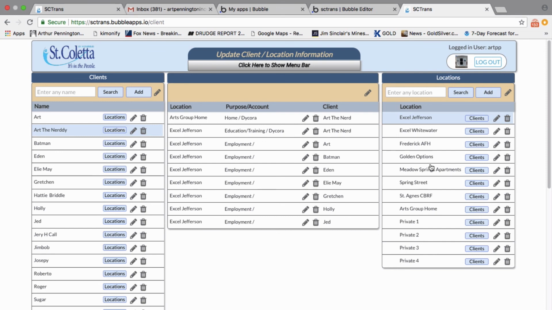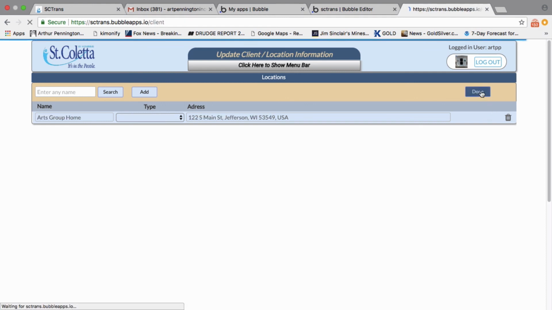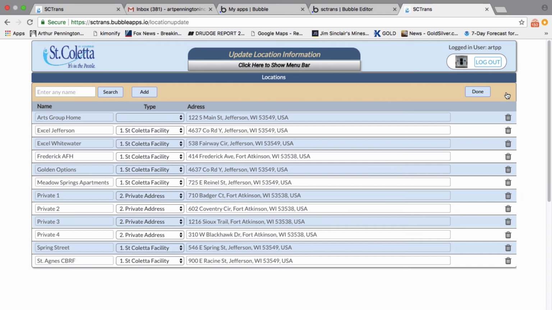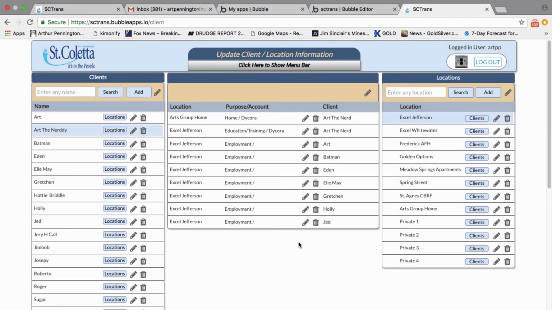So in the same way as we can modify information in the client's table, we can do the same thing in a location table by clicking the pencil. It pulls up the record, and the fields that we've entered can be modified directly here. Click Done. It takes us back to where we were. And also in the same way, we have the pencil up here at the top of the table that allows us to pull up the entire table and change any field we want. Okay, so that is how to maintain clients and